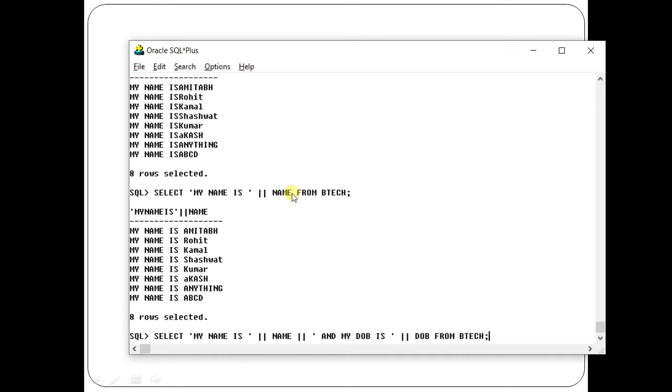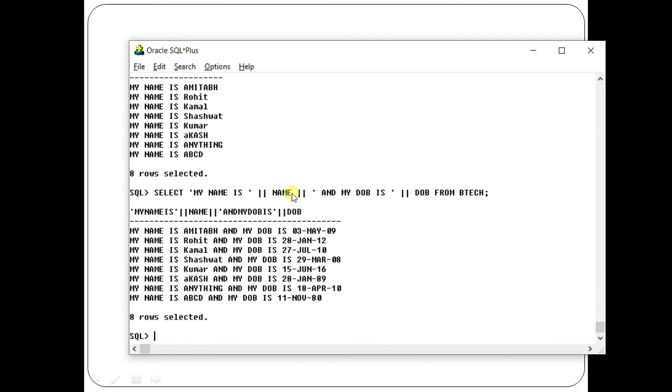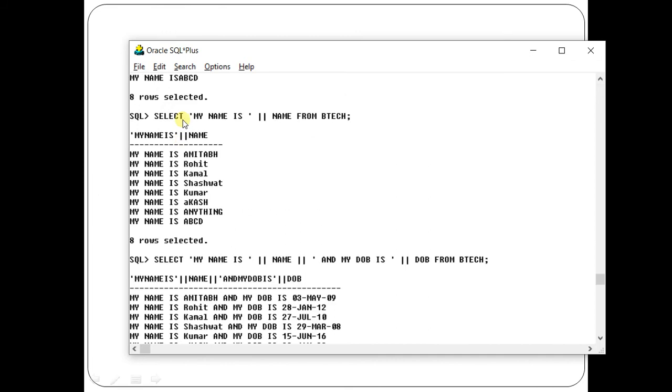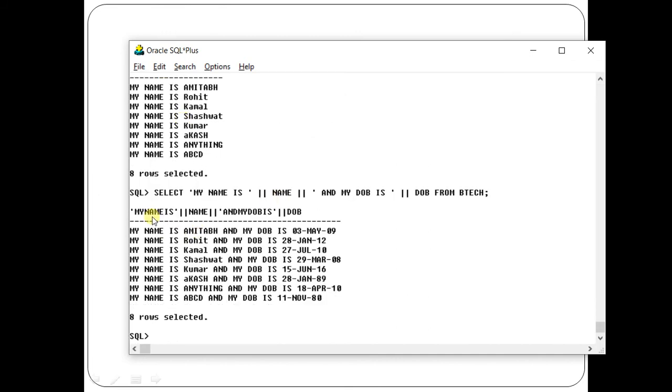Now you can see it has more of a textual look. In the previous case there were 4 columns, but in this case there is only one column. My name is Amitabh and my date of birth is something like this value is coming.